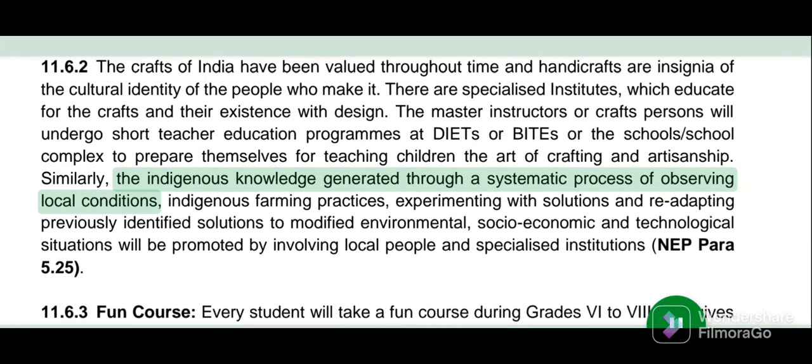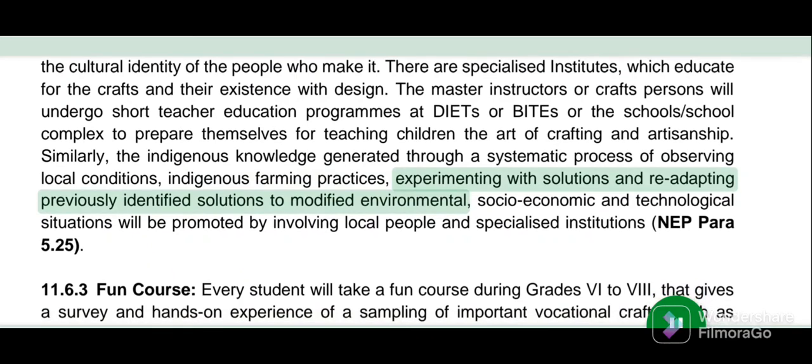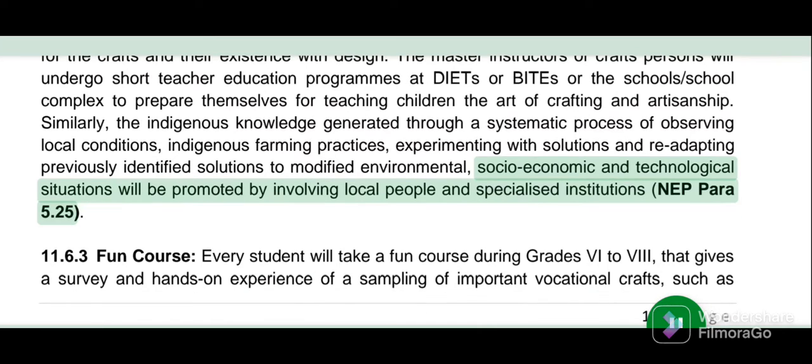Similarly, the indigenous knowledge generated through a systematic process of observing local conditions, indigenous farming practices, experimenting with solutions and readapting previously identified solutions to modified environmental, socio-economic and technological situations will be promoted by involving local people and specialized institutions. NEP Para 5.25